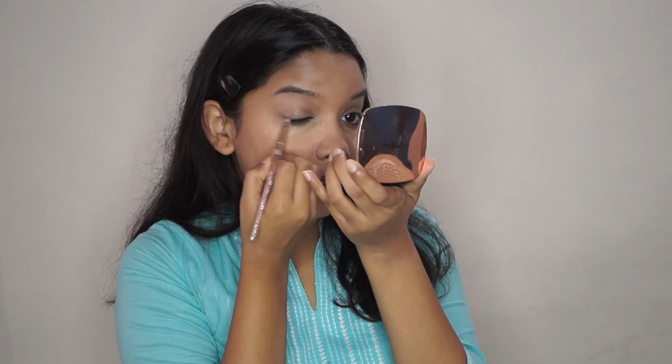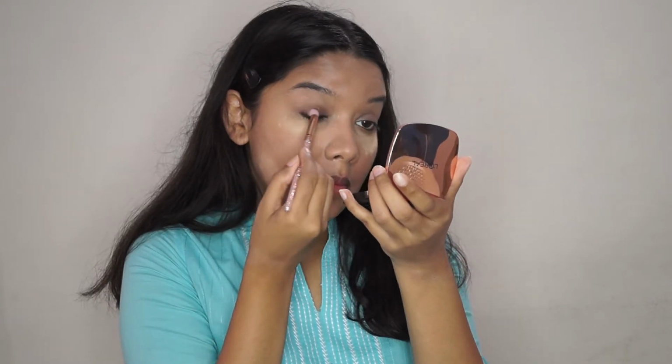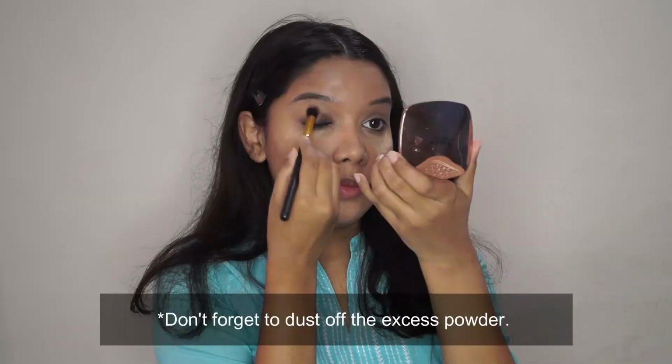And then use Nykaa's gel liner and make a thin line. And then smudge it using a pencil brush. Once I'm done smudging, I'm going to use Miss Clay's brown eyeshadow and then apply it all over my lid. Then I'm going to use LA Girl's eyeshadow palette and I'm going to use this shade for my crease. Then I'm just going to blend it,